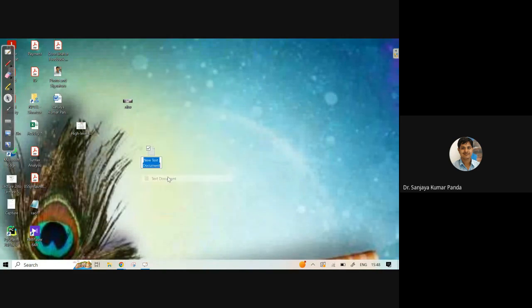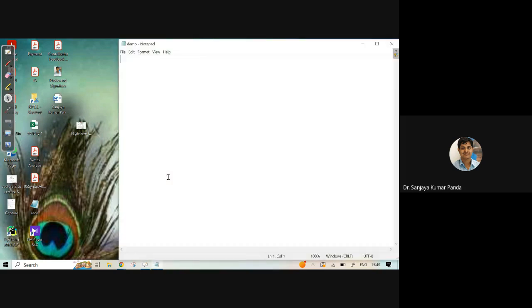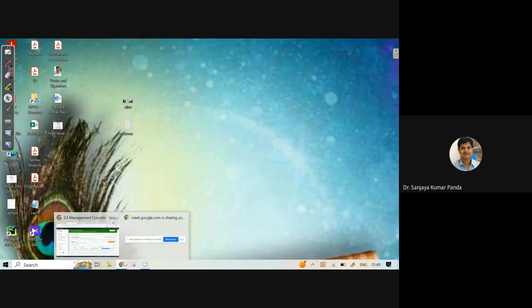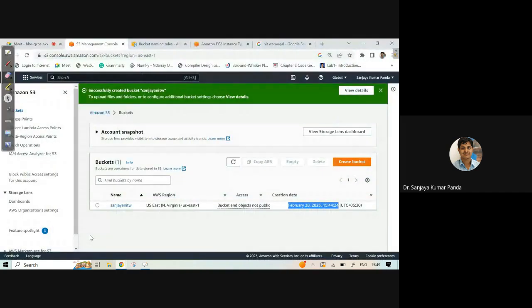Let the text document name be demo, and I will write, we are studying Amazon. So now I have two files on my desktop, NITW and demo. Now I want to upload these inside this particular bucket.